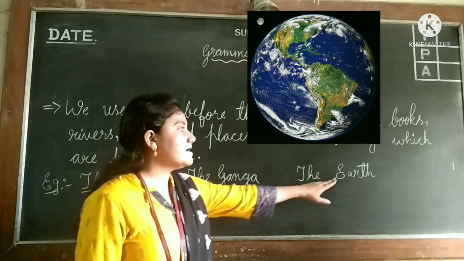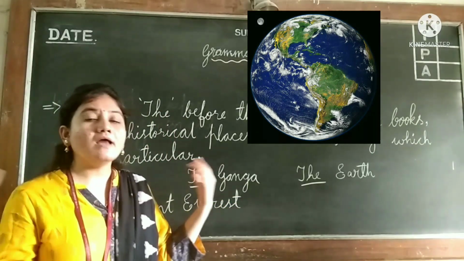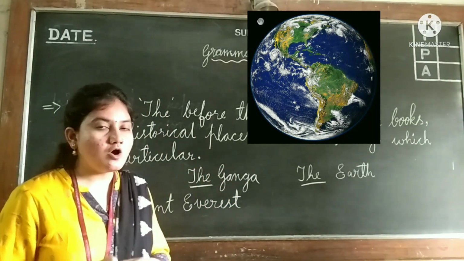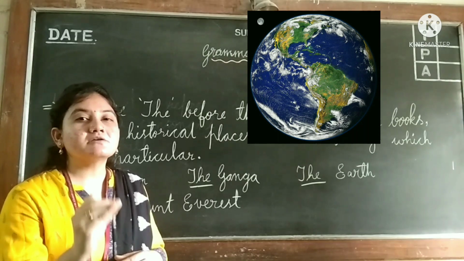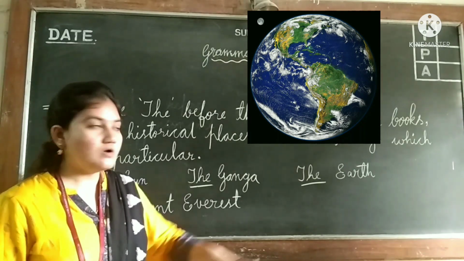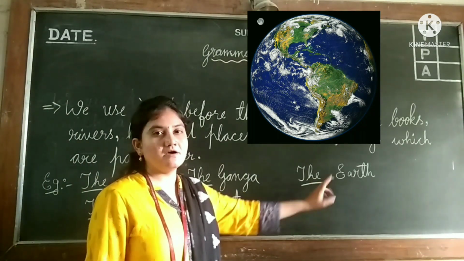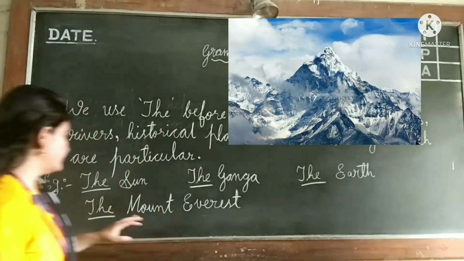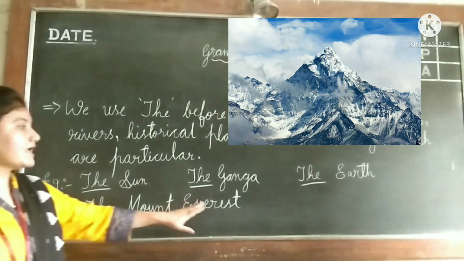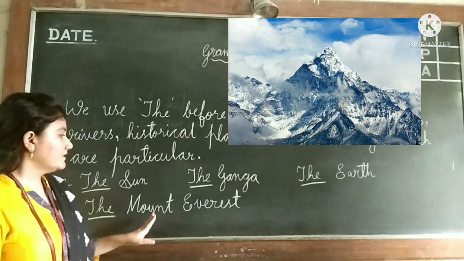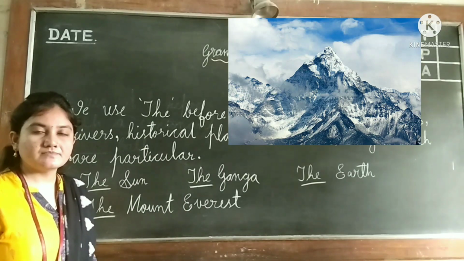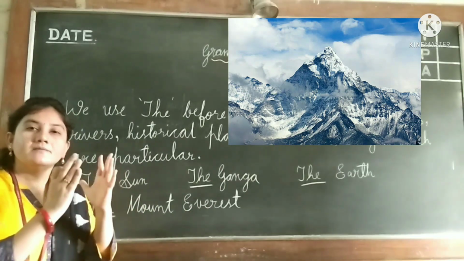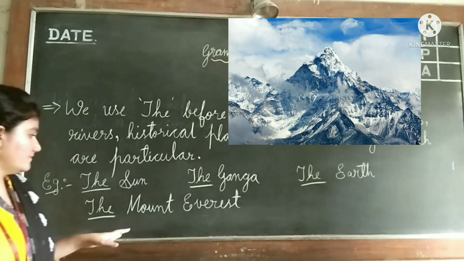Next, the earth. We all are living on the earth, isn't it? So earth is a particular name here. So we'll use the earth. Next, see here, the Mount Everest. Here, the Mount Everest is a particular place, isn't it? Have you seen